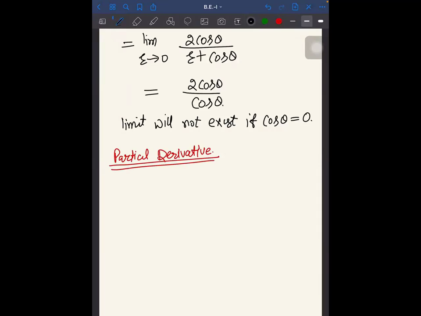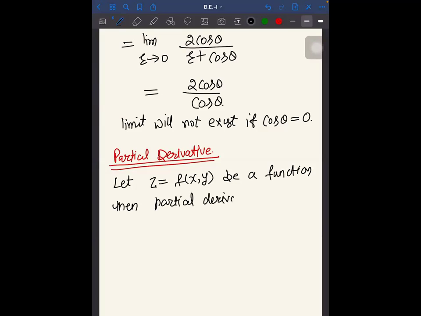So let z is equal to f of x y be a function, then partial derivative of f of x y with respect to x at x naught y naught is defined as,